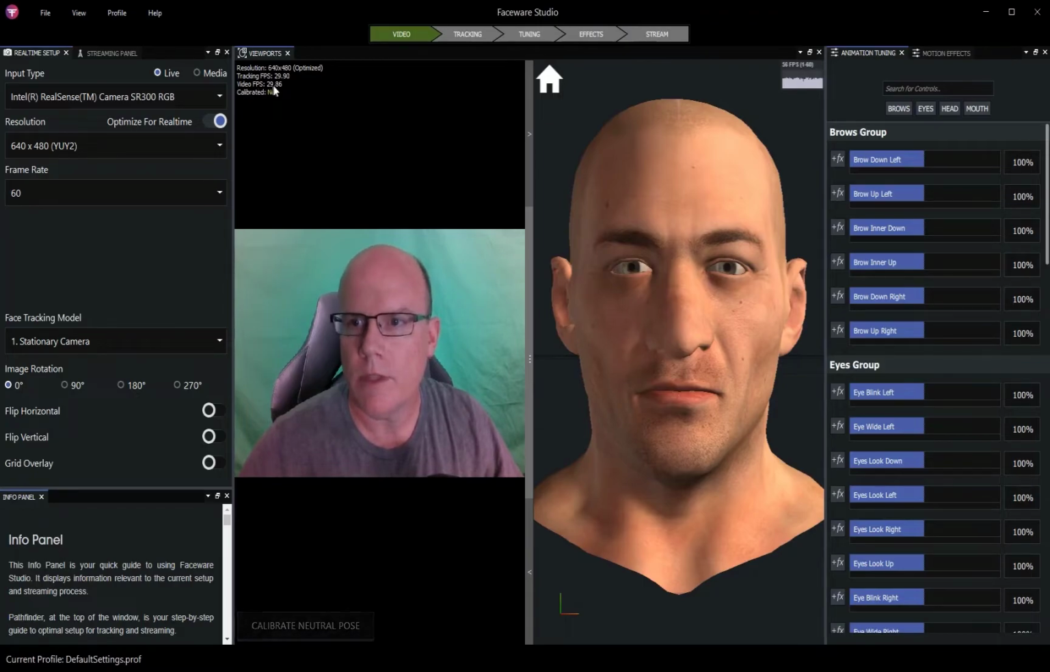The video source is approximately 30 frames per second, and we're tracking it at real time. However, the resolution is defaulted to a low optimized value of 640 by 480. Faceware Studio tends to default to this optimized setting in order to protect underpowered computers from being bogged down by high-resolution video sources. My video source is a 1920 by 1080 HD camera, so I'm going to choose that from my resolution options here,